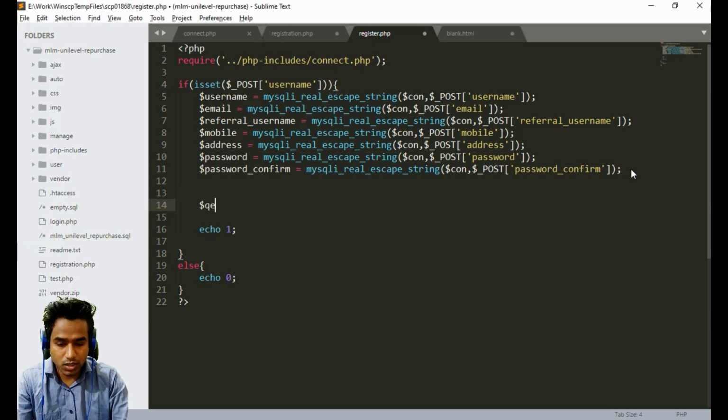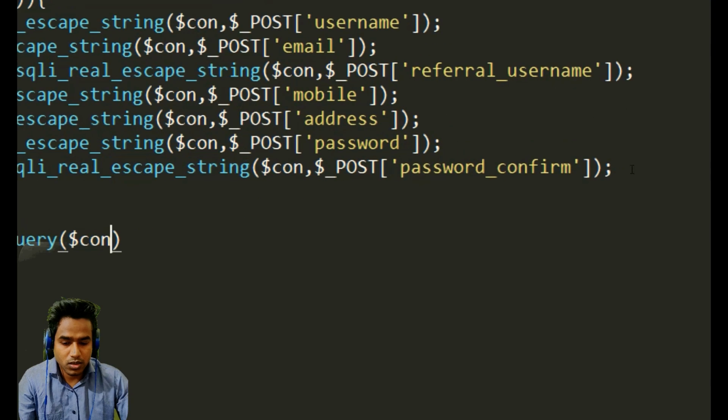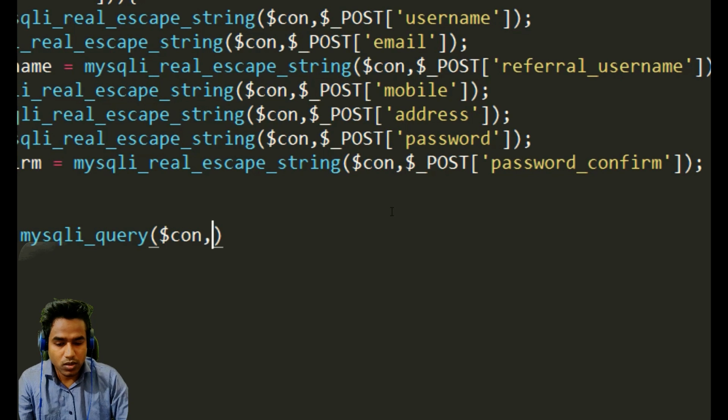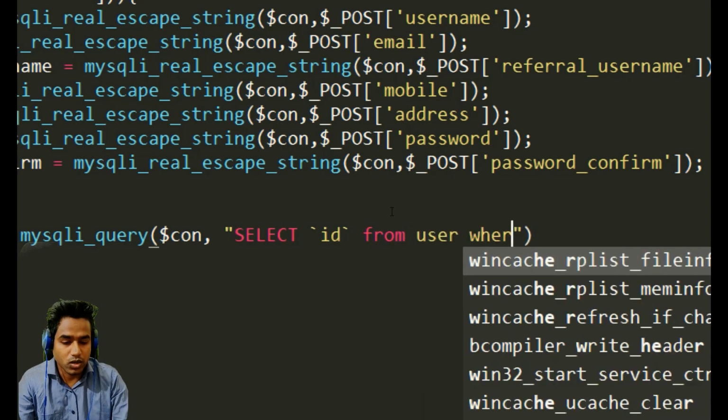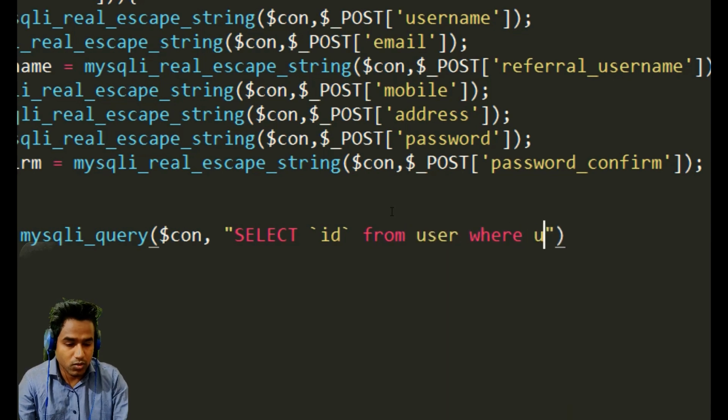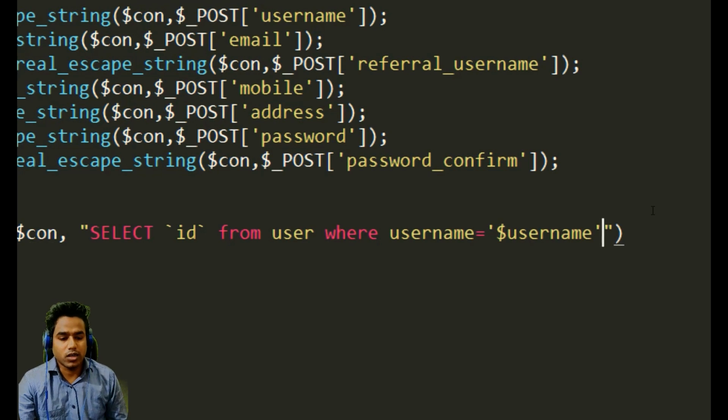We will check it by using a MySQL query check: select id from user where username is equal to the username as we stored, and also the account should be activated, because this is the sponsor user of a newly registered user.